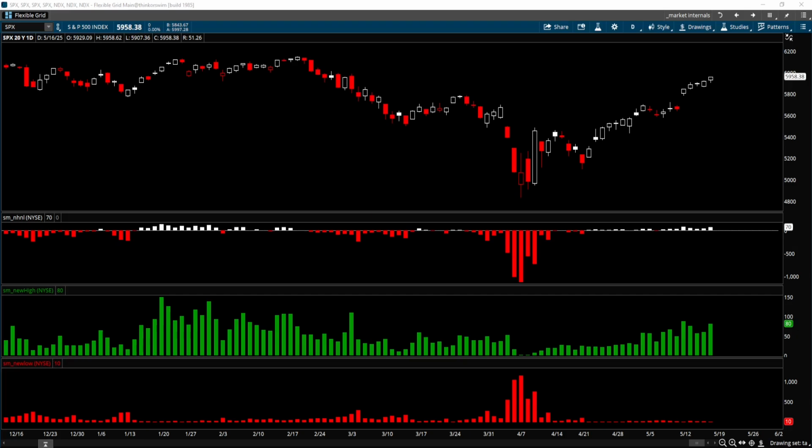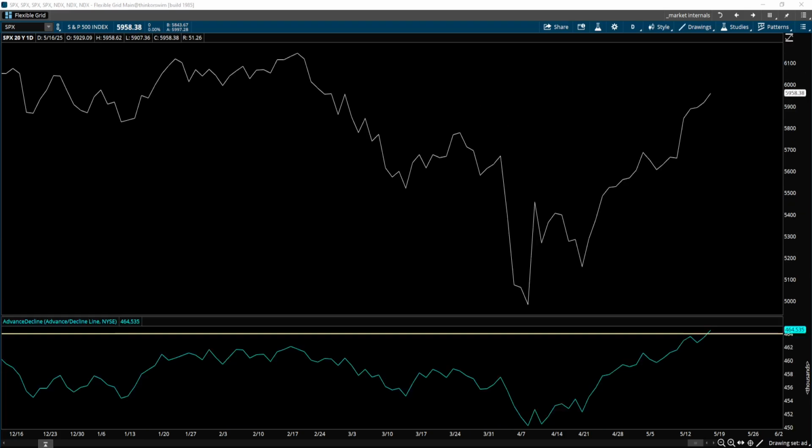a little bit higher. Now, here's the interesting chart of the cumulative AD line in the New York Stock Exchange and the closing basis S&P 500. Okay, this is how the market is telling us to expect a new all-time high from the S&P 500. Now, when it's going to get there, we don't know, and how it's going to get there, we don't know. The market never tells us the when and the how, but it does tell us the expectation, what it might